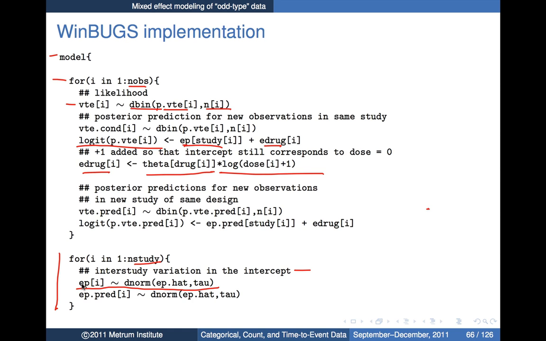So I've got my EP, my placebo effect here, then is normally distributed around some mean that I called EP hat, and some precision tau associated with that. So that's where I generate my study specific values of the placebo effect, my EPs,